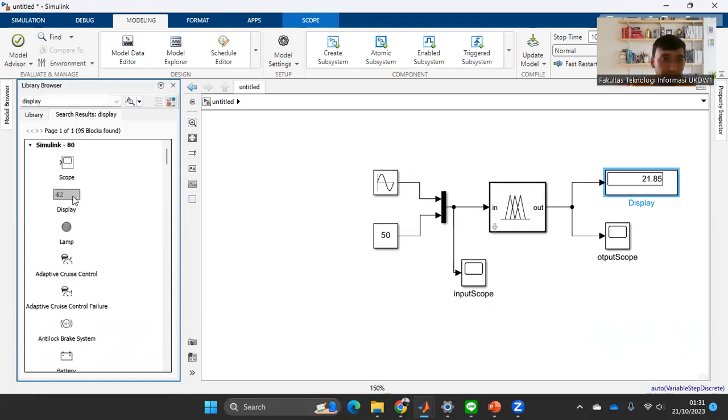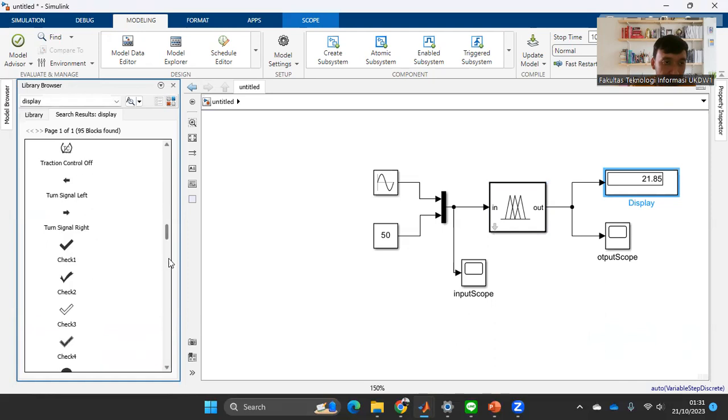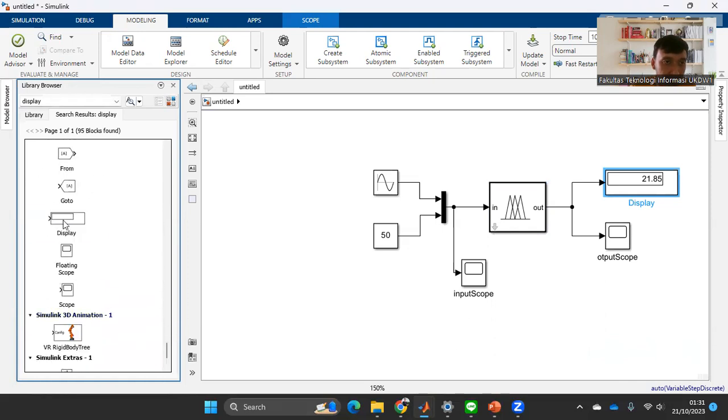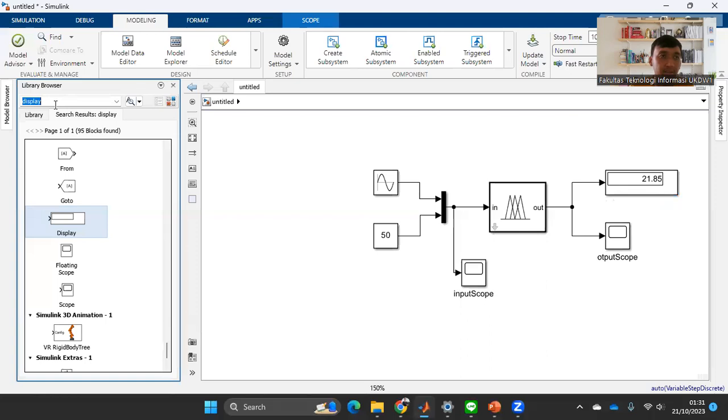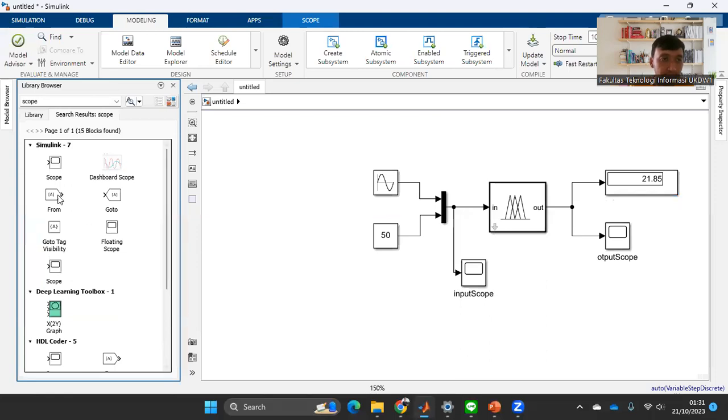Then scroll down, and the output scope is like an oscilloscope. Where is the scope? This one. I use the scope to see the input and the output graph.